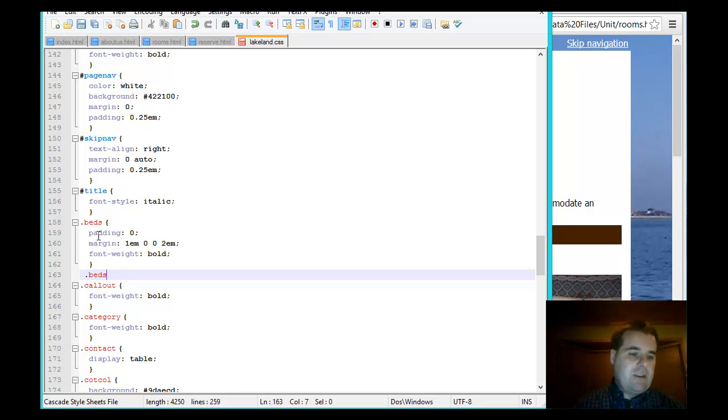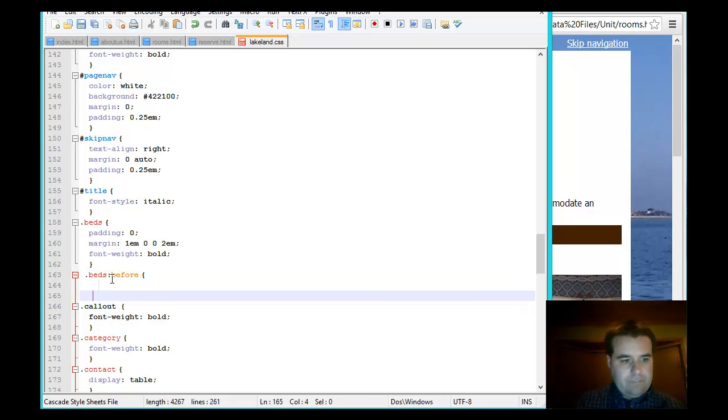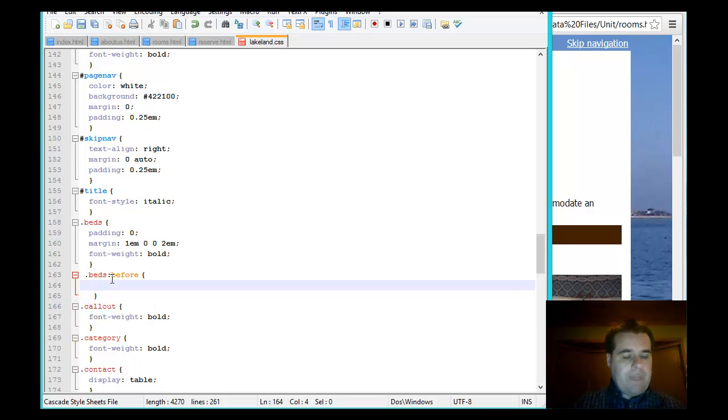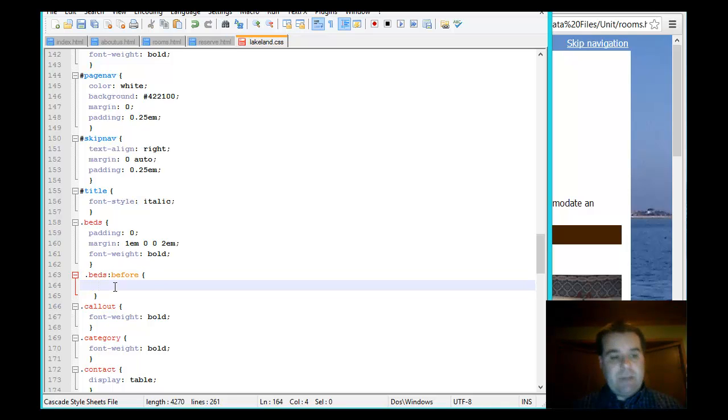Beds, and this should look just like the one selector above it, but we're going to put a colon in front of it, and this should start to look familiar to you, much like the pseudo elements we were talking about in the last exercise, and we're going to call this before. So you can probably intuitively figure out that this selector specifically says every time before beds exists, apply this particular rule. And the rule in this case is content